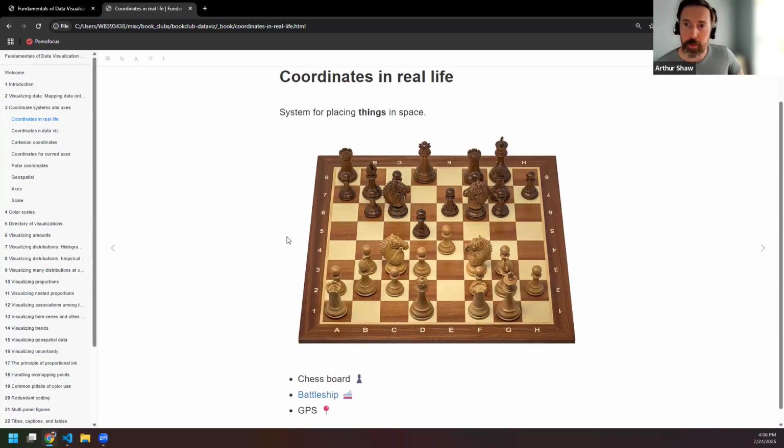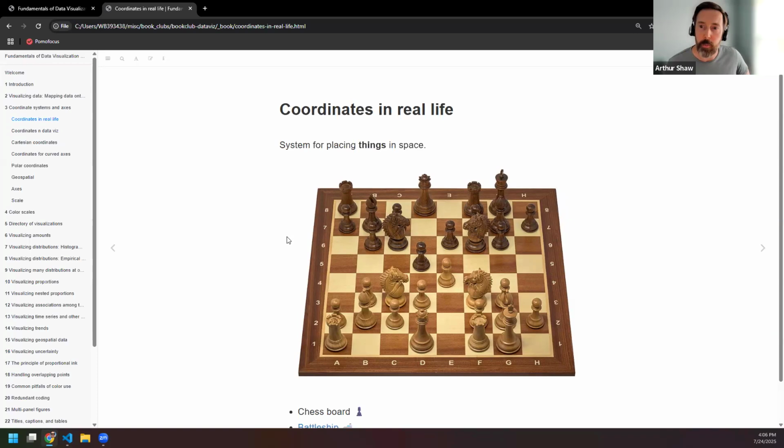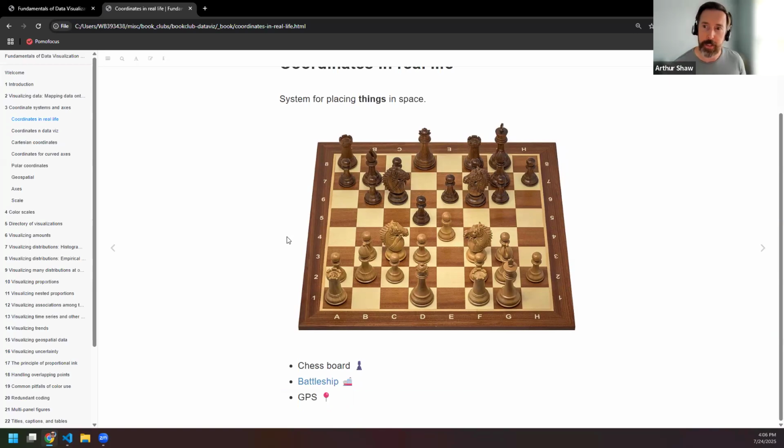So I was thinking about coordinate systems. It sounds like a really fancy word, and what really is a coordinate system? So I thought, let's think about it first in real life. It's just a system for placing things in space. And in this case, we're looking at an example of a chessboard. It's two-dimensional space. The images you'll see by and large are from Wikipedia, so they're public domain. So really here we have a coordinate system. We have on this axis numbers and on this axis letters, and then A1 gives us the rook, the white